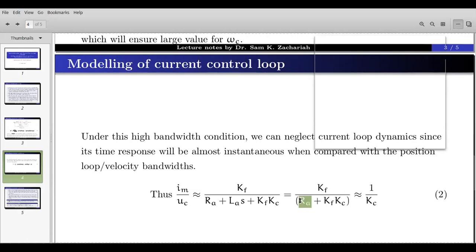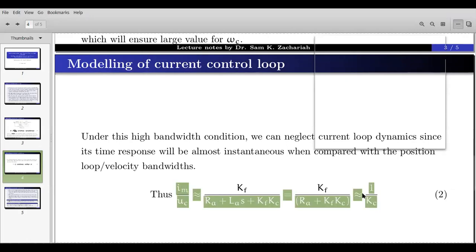And Ri is neglected because this value is very high. This value is very high, which means that multiplication will also be very high. Ri is of the order of 8.6 only. So this total you are taking is approximated to Kf. This value will be very small, so it can be neglected, and you can approximate it to this Kf value. This will be very high, and this Ri will be 8.6. This will be almost equal to Kf into Kc, and the approximated value will be 1 by Kc only. So you can have this transfer function as a simple gain.